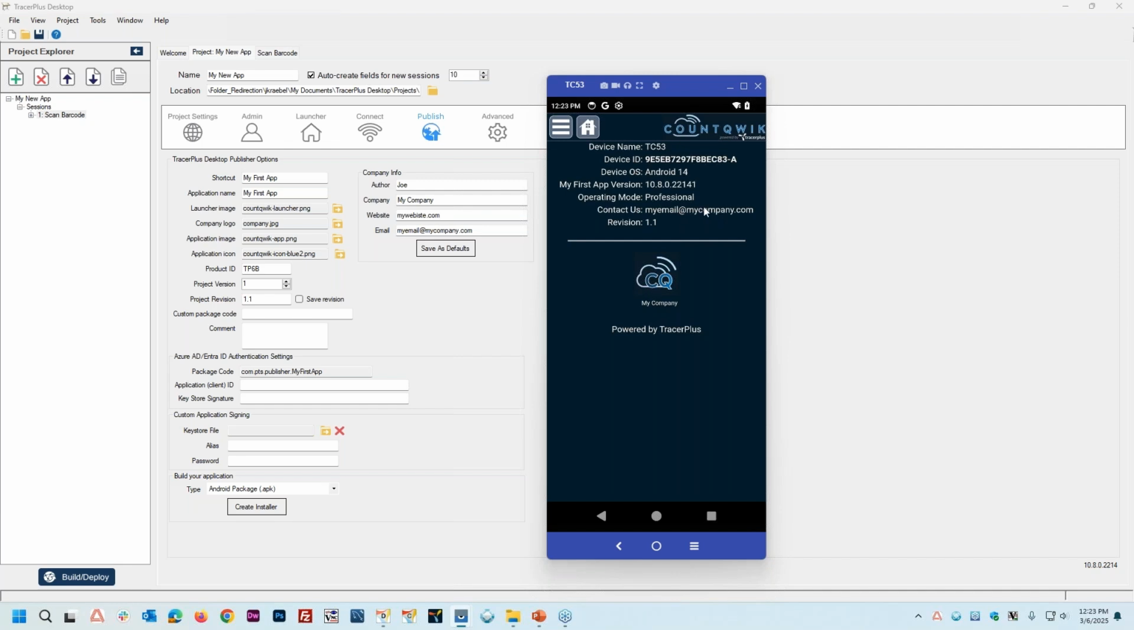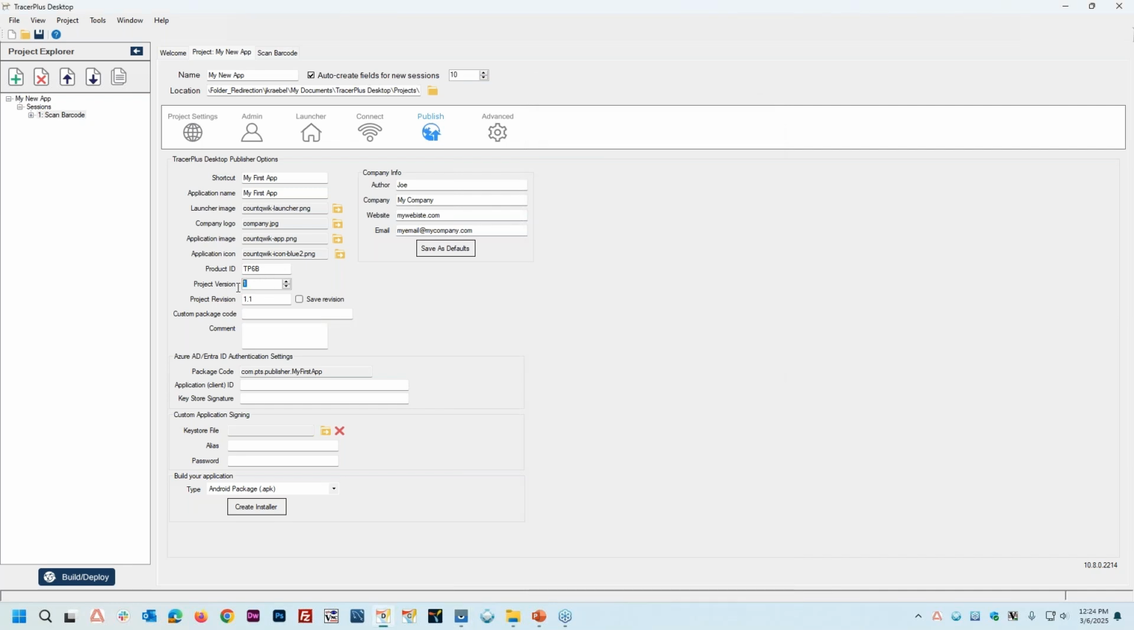And then a couple other things to note here, my first app version. So normally it says TracerPlus version. So that's also replaced with your application name. And you'll notice normally TracerPlus is 10.8.0.2214. What Publisher does is it adds this project version here to that build number. And the reason that's